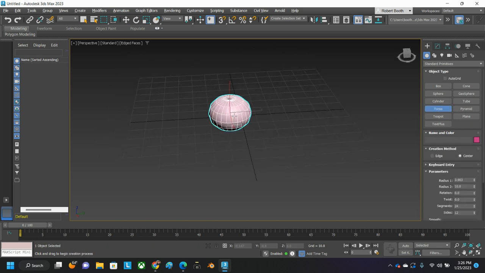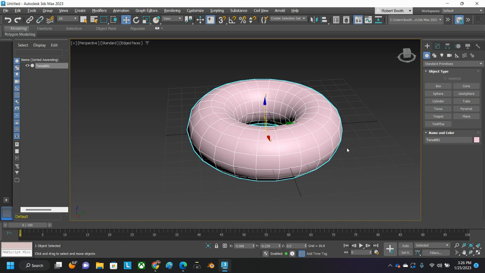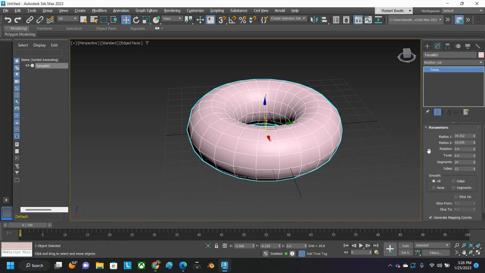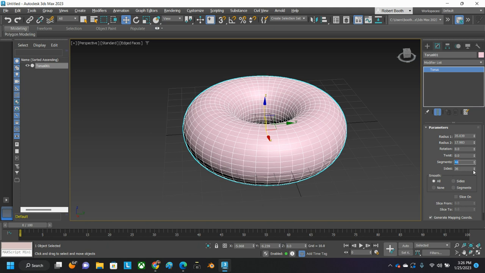Let's see, what else do we got? We've got toruses. Here's a torus. And a torus is basically like an inner tube, a tire. Right-click there. Switch to the Modify tab. Toruses are made out of 2 radiuses. And these radiuses are adjustable. You can actually have a little fun with this if you have enough detail in your model. Like if I ran this up to like 36 sides and maybe 48 segments, that gives me a lot of